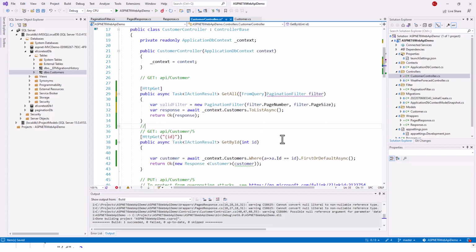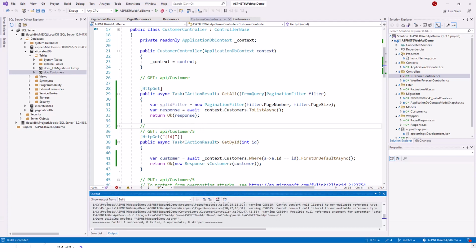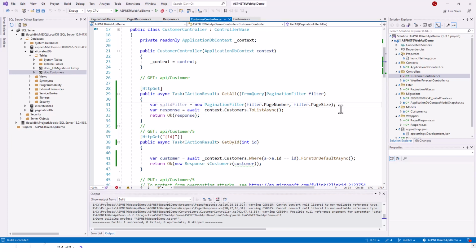Okay, and then paging with entity framework core. At this juncture I will build it to get rid of all these squiggly lines. Now next we will be paging with the entity framework core, which is the actual paging. It's pretty easy with entity framework core. So instead of querying the entire list of data from the source, entity framework core makes it dead easy to query just a particular set of records, ideal for paging. Now here is how I would achieve it. So what I will do, below the var valid filter,